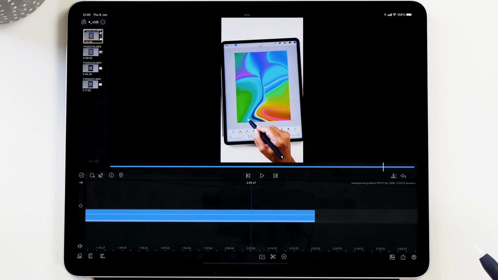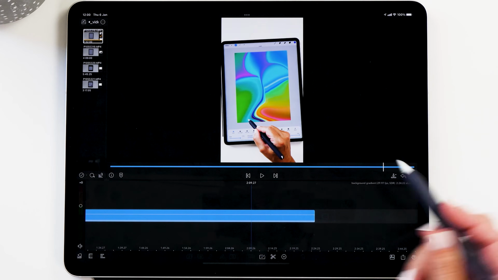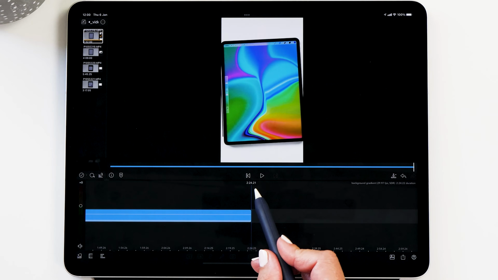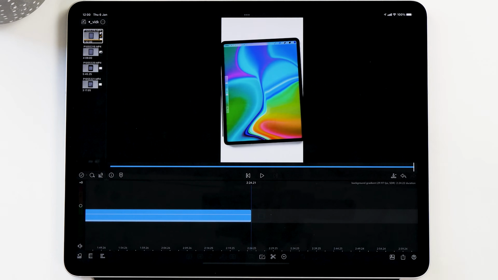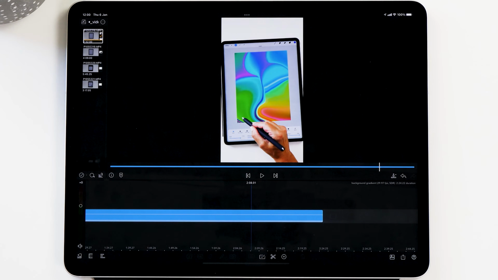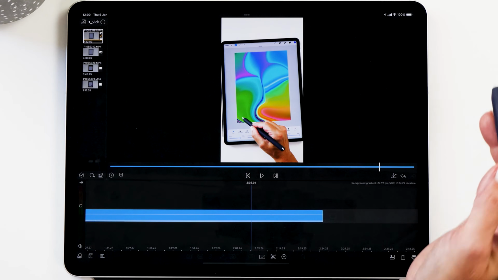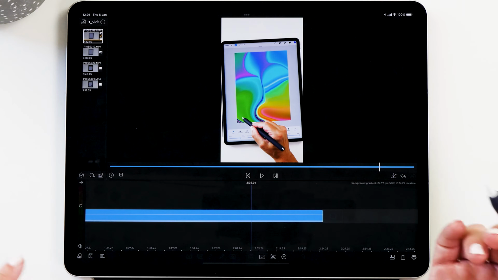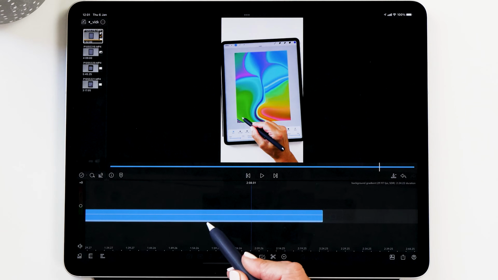And then another thing I recommend you do at the start is actually increase the speed of your video. This video here is now 2 minutes and 24 seconds, but for an Insta Reel or a YouTube Shorts video, you can only have 1 minute. So now I recommend that you speed this up at the start again, because it makes it much easier to do everything at once. Otherwise you have to speed up individual clips, which makes it harder.